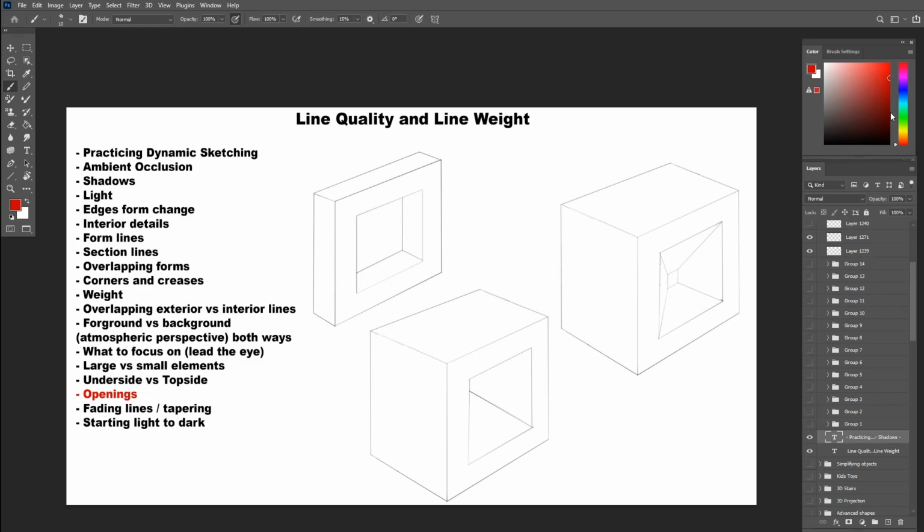Next factor, we have the openings. There are different types of openings in objects. A complete open hole where you see the other side, an open hole where you don't see the end, or an open hole with a closed back, not all the way to the other side. Each one will have different line weight on the inside. From the outside, they will all have the same line weight of a